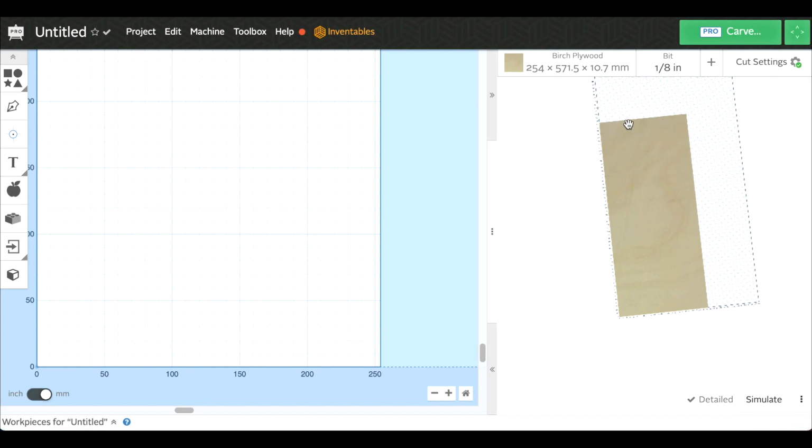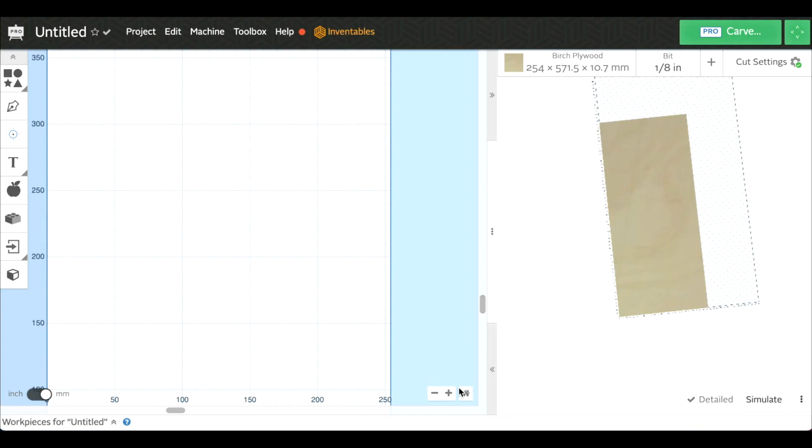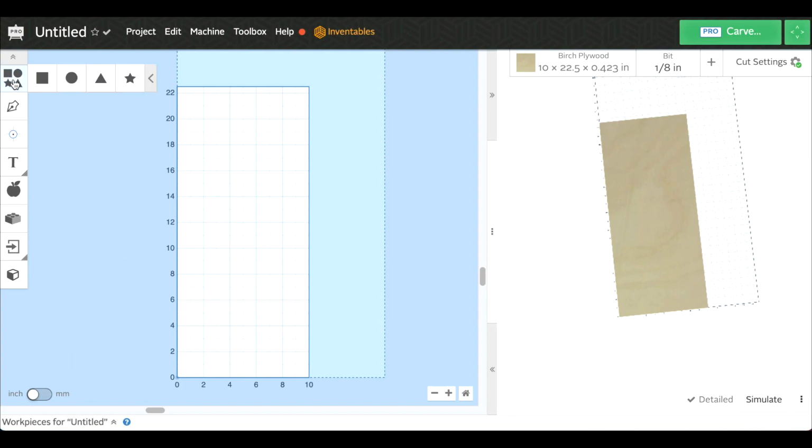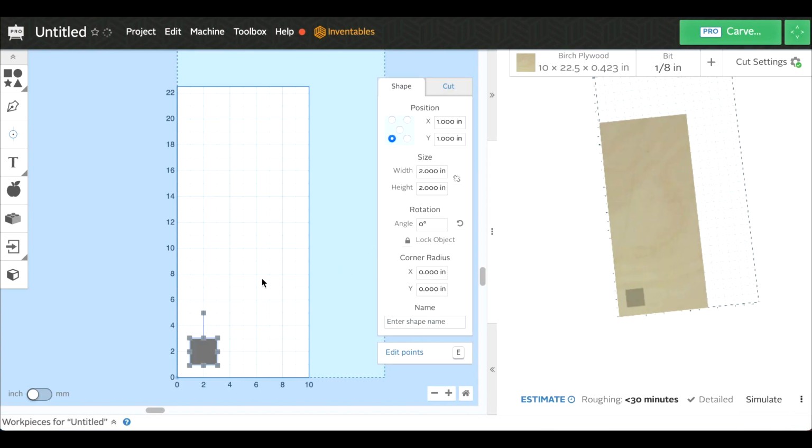But that's what I want to keep. I don't want to get rid of any of that. We're going to come over here and hit this home button, and that's going to show me what the actual piece is right here. Changing over from millimeters to inches, I'm going to create a square right here, and I want to